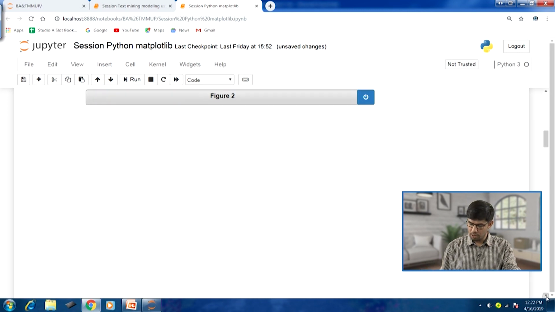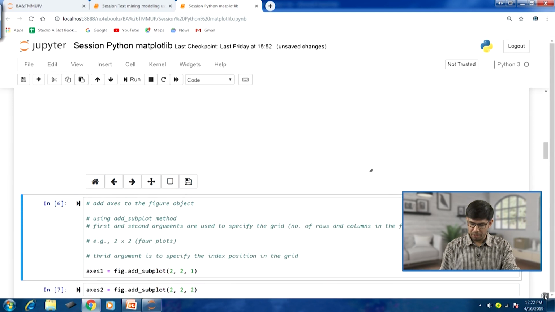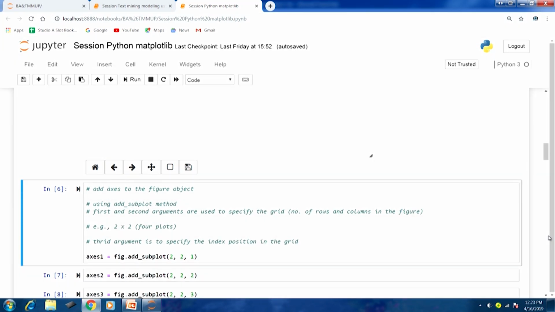Now, if we want to go ahead and generate a few plots, we might work upon the number of plots that we will generate in this figure object. If there is just one plot that we want to generate, then we can go ahead with that. Otherwise, we will have to add axes to the figure object if we plan to generate more plots. How do we execute this? For adding more plots we have the add_subplot method. This will allow us to add axes to the figure object.